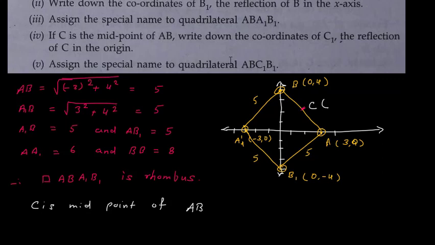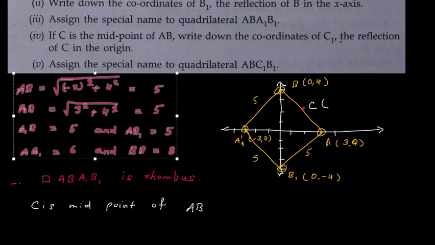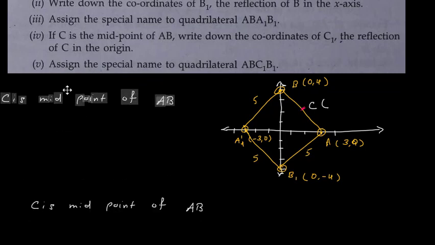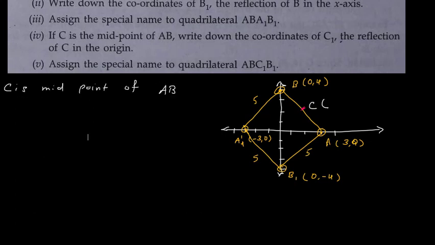So therefore by midpoint formula, so what I will do, this much you understand. So I will remove this part you have done, and I will move this here. C is the midpoint of AB. Therefore by midpoint formula,